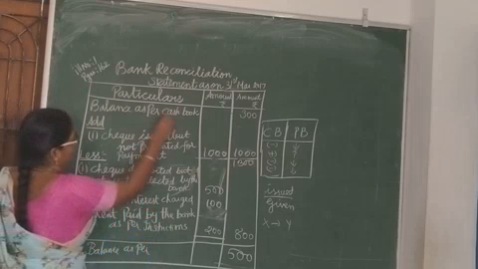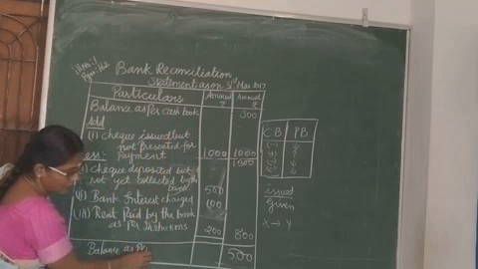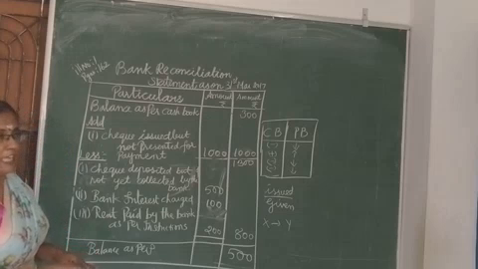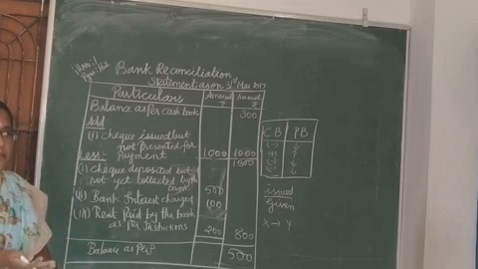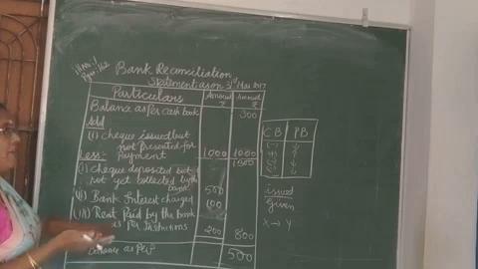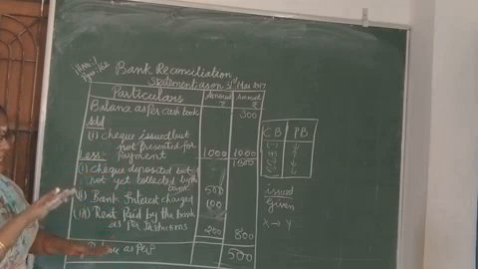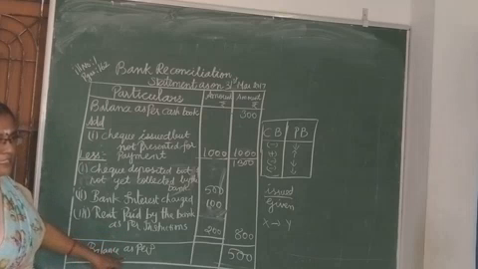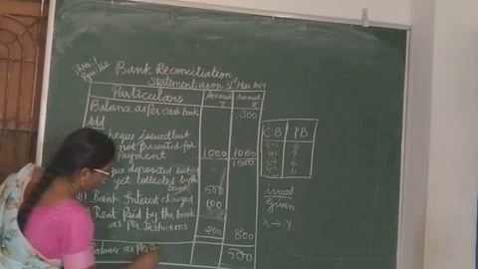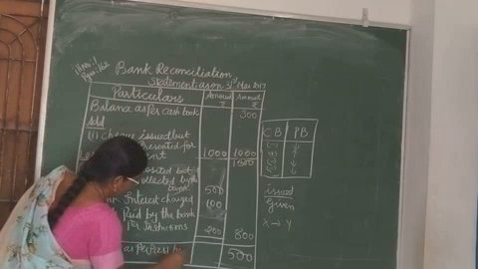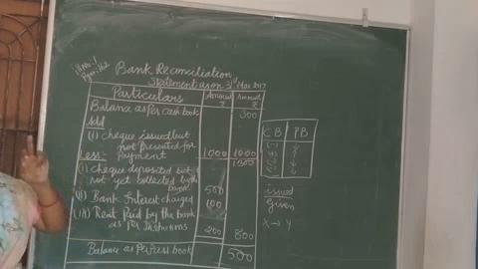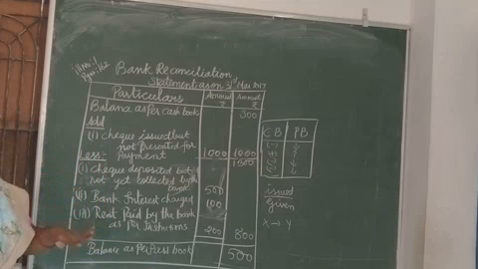Here cash book balance they have given. Which balance we are going to derive? Passbook. So what we have done? What are all the items increase in the passbook? We have added. What are all the items decrease in the passbook? We have reduced. So what we have received as the answer? Balance as per passbook. So first illustration completed. By now you will be very clear about the first case, isn't it?